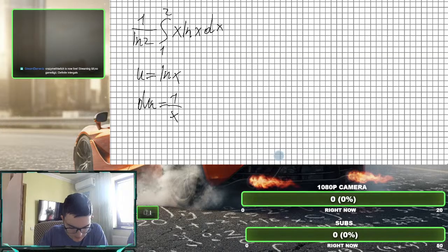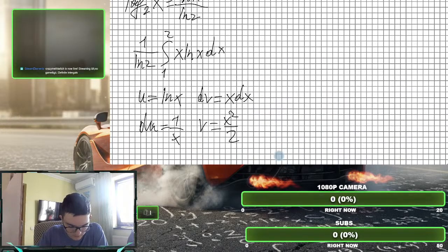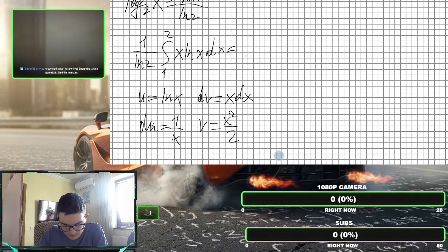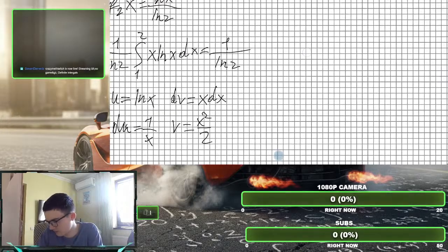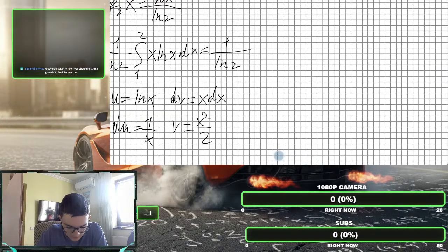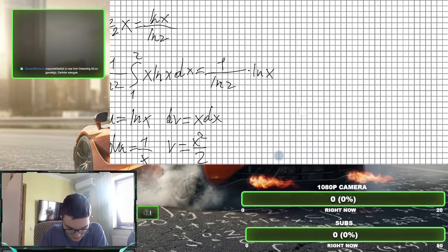So du is 1 divided by x, and now dv will be just x dx, what's left basically from the integral, and v will be that integrated, so x to the second power divided by 2. And now just doing the formula, we got at the front 1 divided by ln 2, and there with IBP I'll have u, so ln x, times v, which is, hold up,